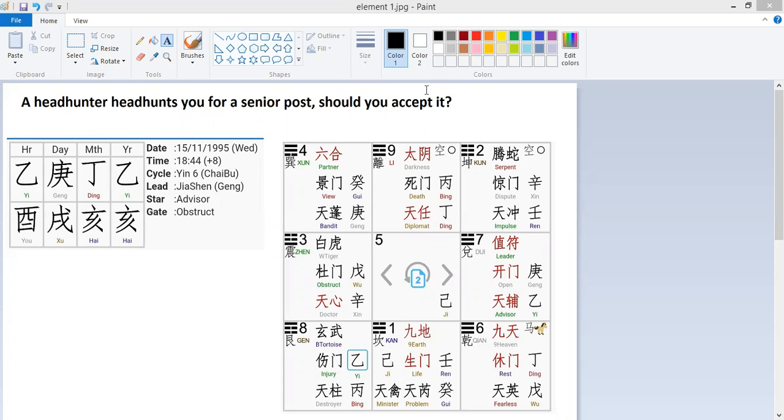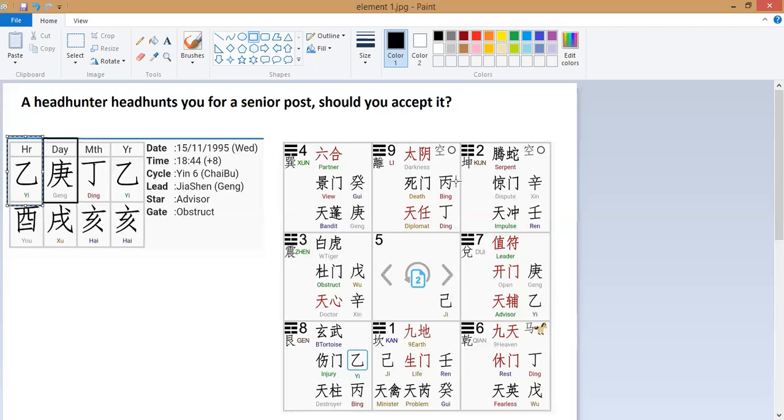In this case, we should be looking at the answer and the subject. The subject is over here, which is represented by the symbol under the day stamp, which is called Geng. And we also have to look at the answer, which is under the hour stamp. This is called the E. Based on these two symbols, we will need to see